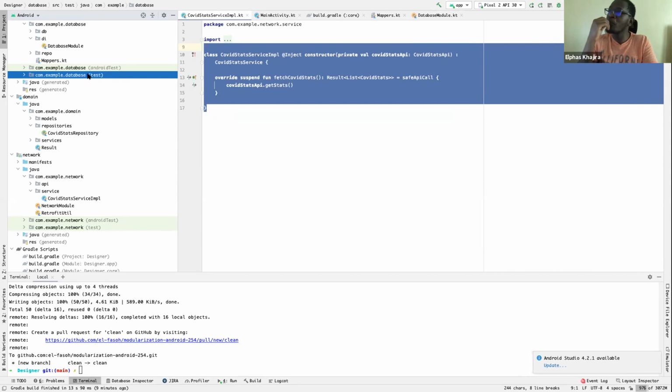So the app module needs to know how to provide things. If you look at the implementation, most of the other modules, for them to provide something, they have to know where that thing comes from. And only the app module knows where all those things are. Does that make sense?